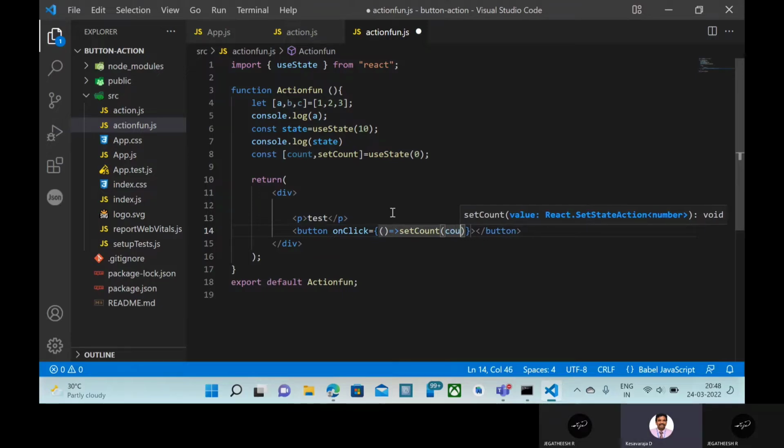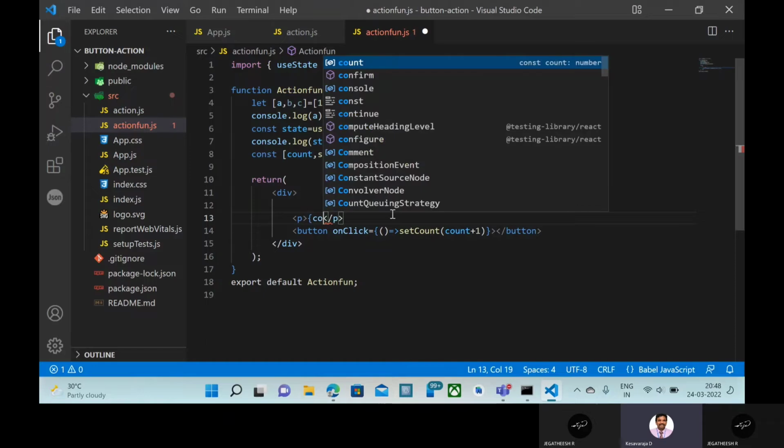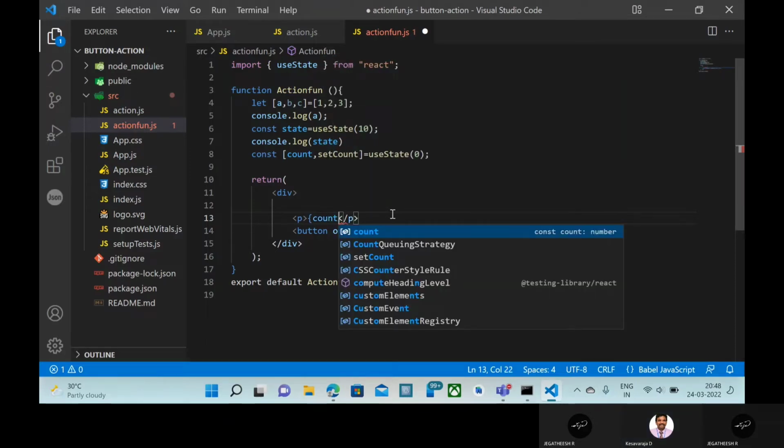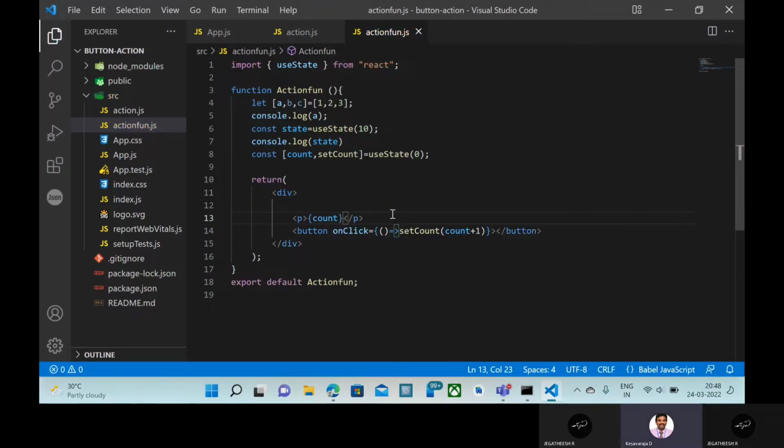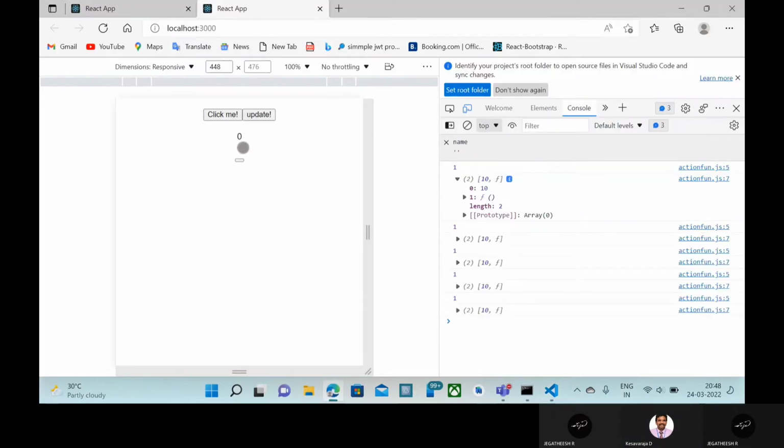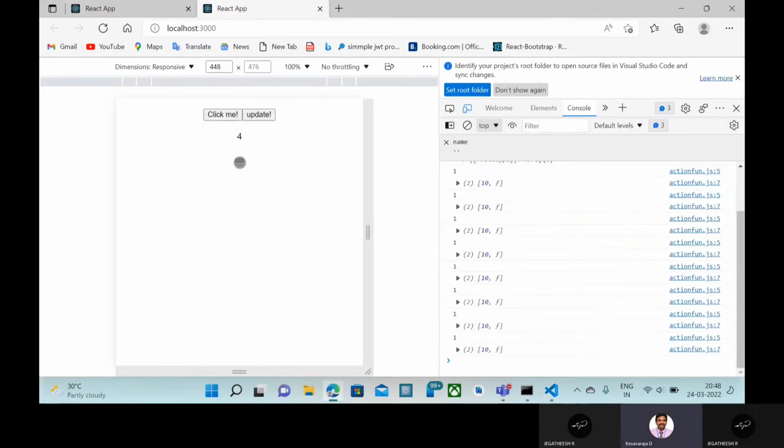So whenever I click the button, the count will be increased by 1. Inside the paragraph tag, I will print count. Open curly brace, close curly brace, count. Remove the text, and then open curly brace, close curly brace, count. Save the file. Now view the browser. Now click the button. Yes,